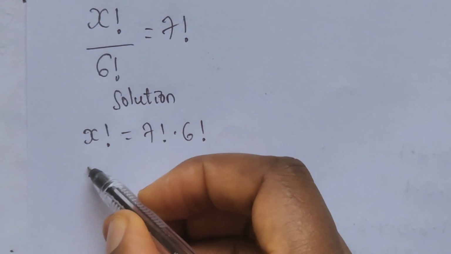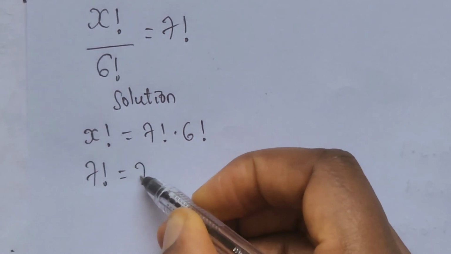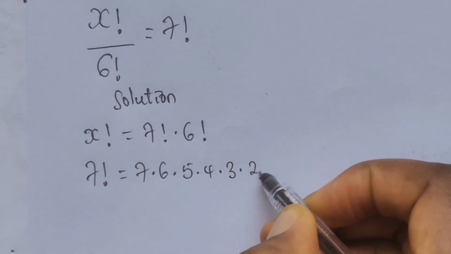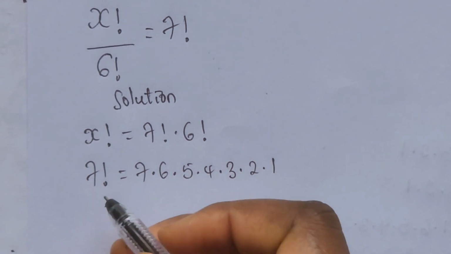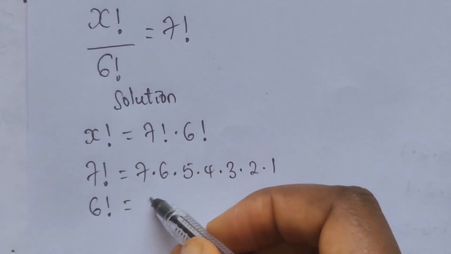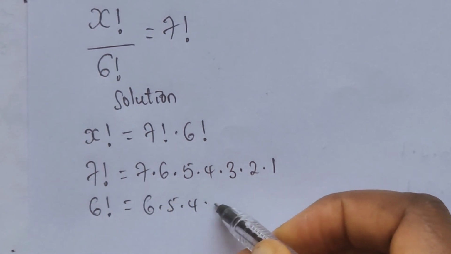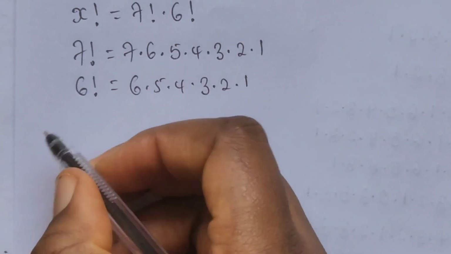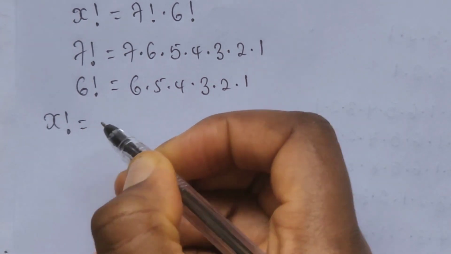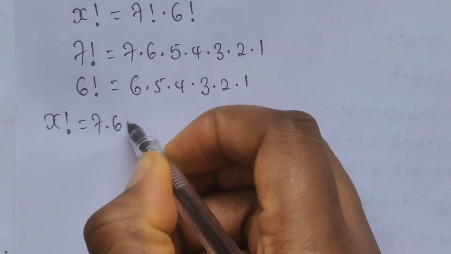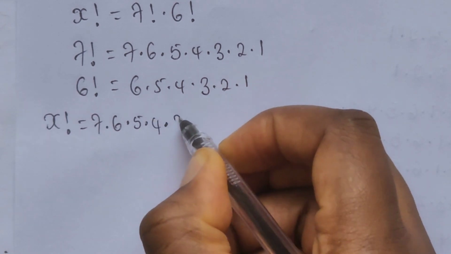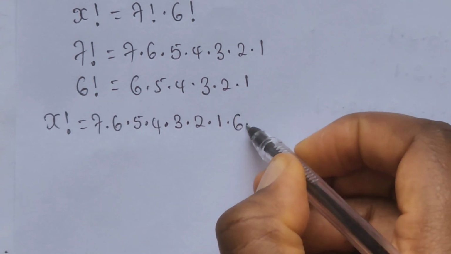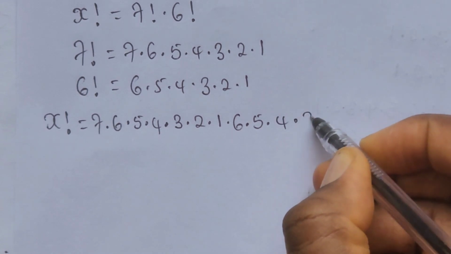Now let's recall that 7 factorial is equal to 7 times 6 times 5 times 4 times 3 times 2 times 1, and 6 factorial is equal to 6 times 5 times 4 times 3 times 2 times 1. So merging it together, we have x factorial to be equal to 7 times 6 times 5 times 4 times 3 times 2 times 1, and for the 6 factorial we have 6 times 5 times 4 times 3 times